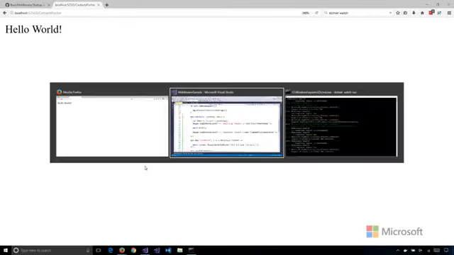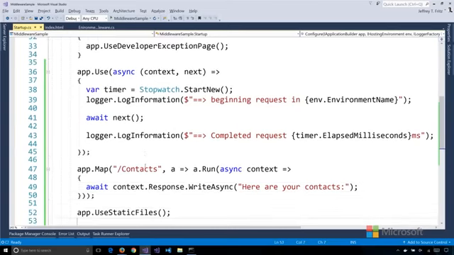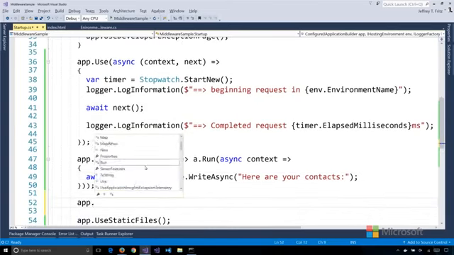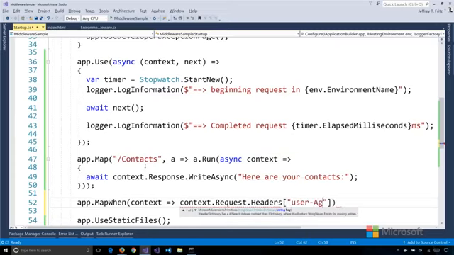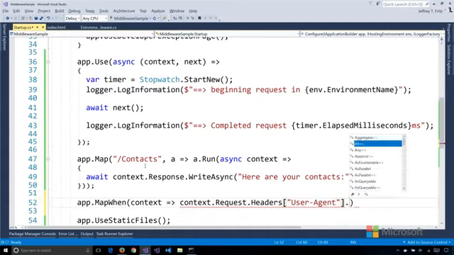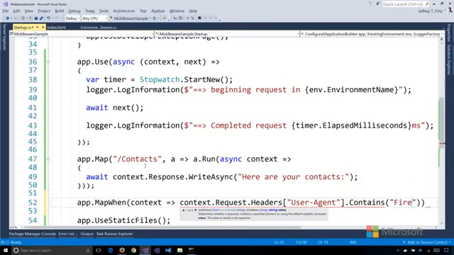So check this out. I want to add one more check in here. I can say app.mapWhen, and I can check for a specific condition here. So I'm going to take my context and say context.request.headers. And let's check my user agent, because maybe I want to behave differently for different browsers. And I can say if that contains Firefox,